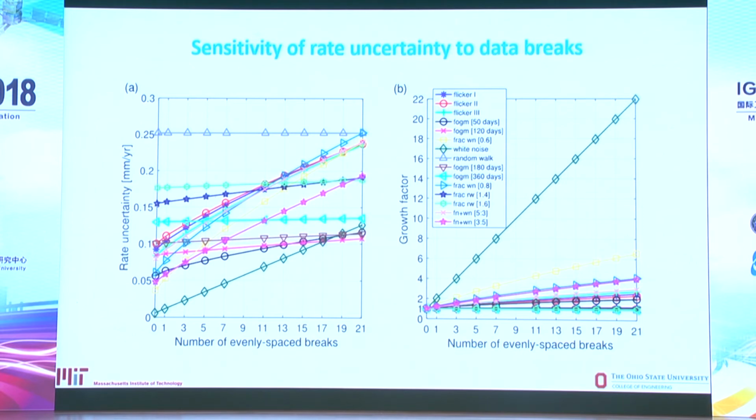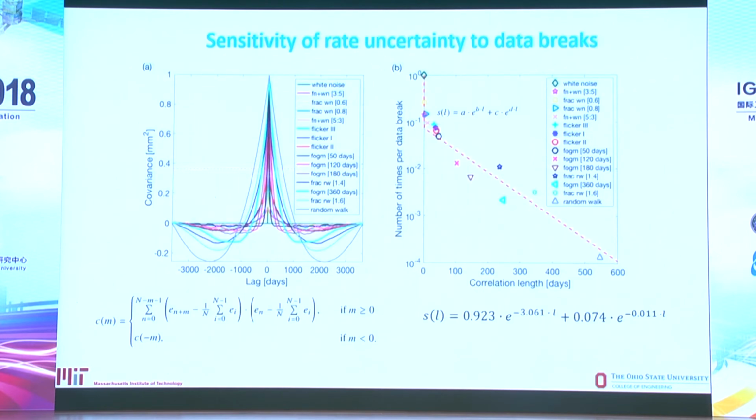From this figure we can show an obvious dependence of the sensitivity on the degree of correlations. Therefore, this very obvious relationship motivates us to see if we can find an analytical expression to describe this dependence. Because we have already defined a measure for the sensitivity, we still need to define a measure for the degree of correlation of the model.